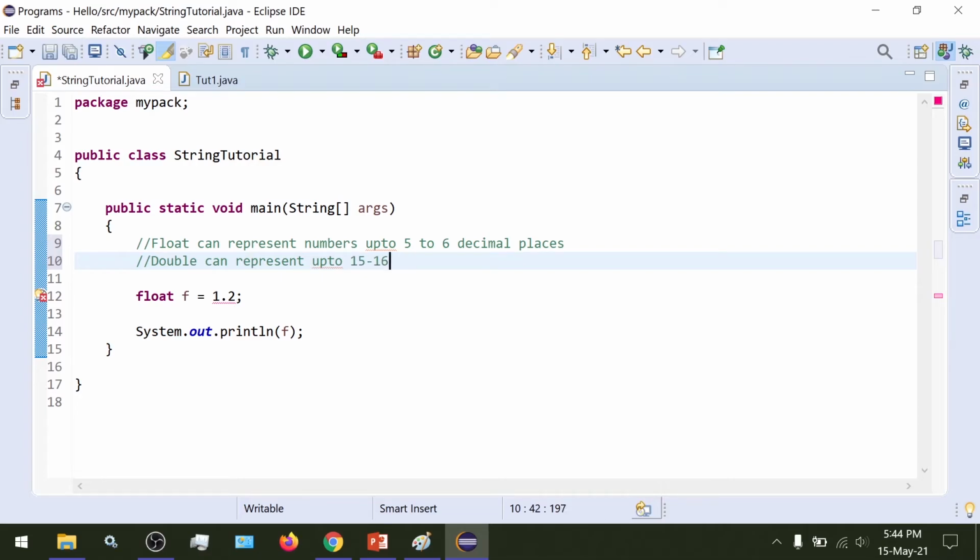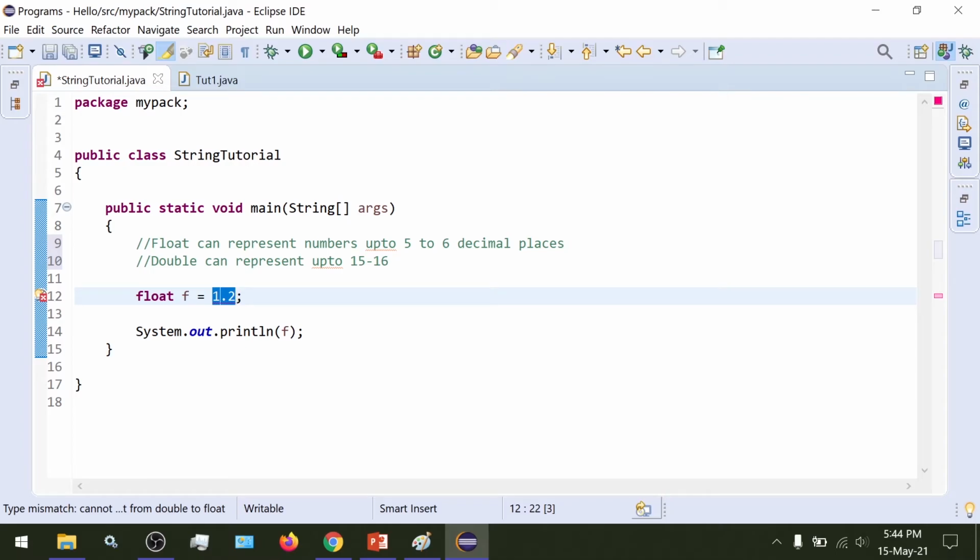So here we have the value 1.2. But how does the program or the computer know whether this value is of type float or double?